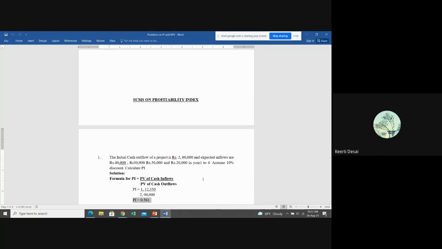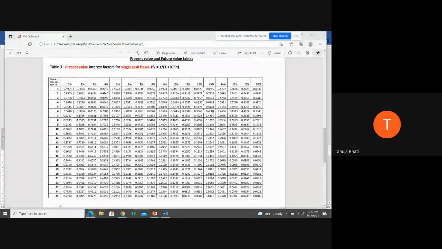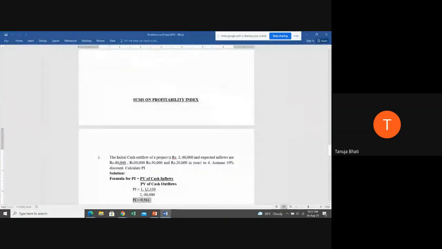Are you sure in case of profitability index we use 0 for comparison, or we use 1? Sorry, ma'am, 1. Are you sure it is 1? Yes, ma'am. Okay, rightly said. We compare the PI with 1 because it is an index, it is a ratio. We are dividing, so we are comparing it with 1. So here, is the PI greater than 1, less than 1, or equal to 1? Can anyone tell me?